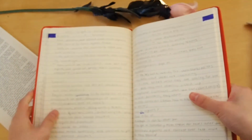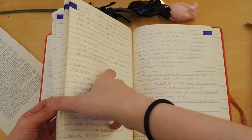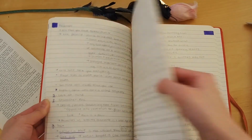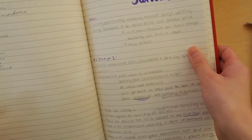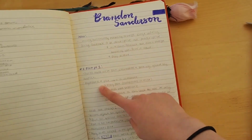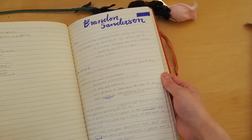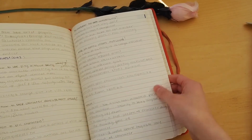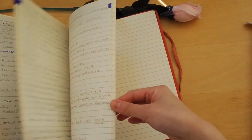For example, the Brandon Sanderson lecture notes that I took, because just like a million other author tubers and writers out there, and maybe even readers and some random people who don't know what writing is about, I binge-watched Brandon Sanderson's lectures in December, and it was amazing. So yeah, you can just see how I categorized the lectures, and I just took notes and notes and notes and notes about everything, because I thought his lecture was very helpful,